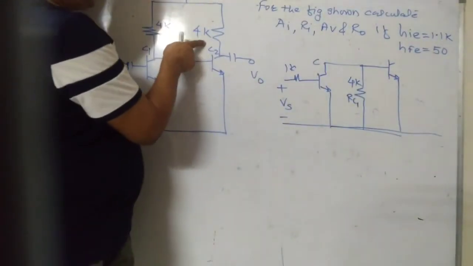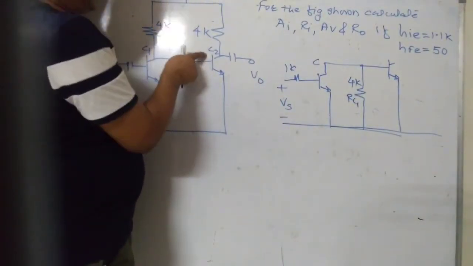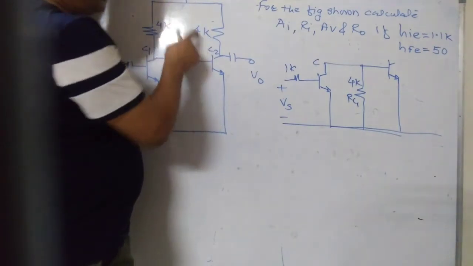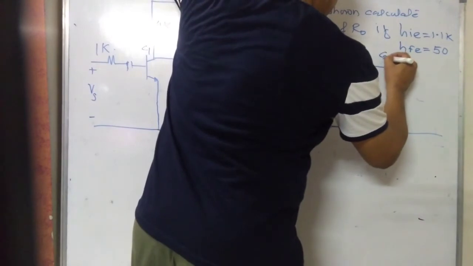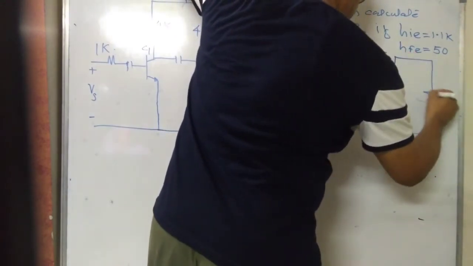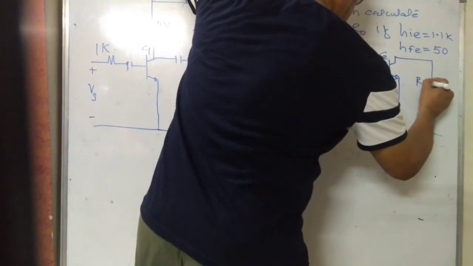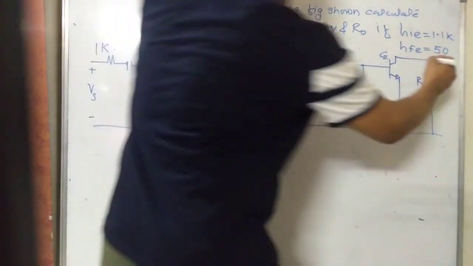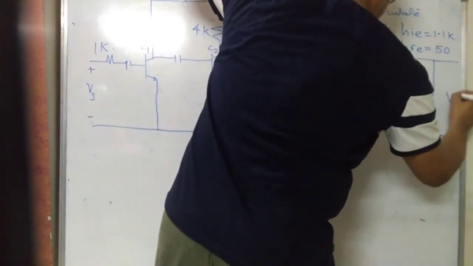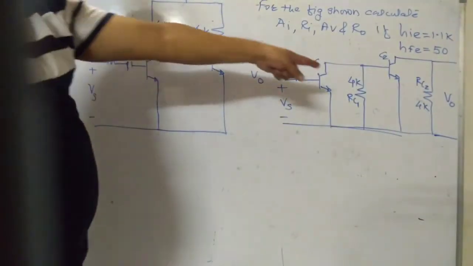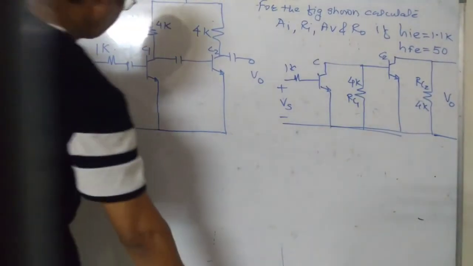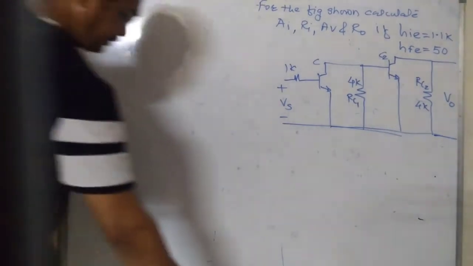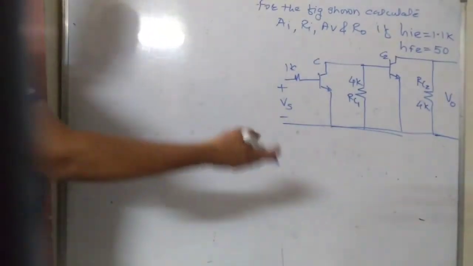Now in the second transistor, 4K is connected between C2 and VCC, second collector and VCC. So VCC we have to ground, so it will appear between C2 and ground. This is C2 and this is ground. RC2 is 4K. And now again this capacitor is shorted. So this is the AC circuit of the given figure, right? And then solve the numerical using formula number 1 to 12.